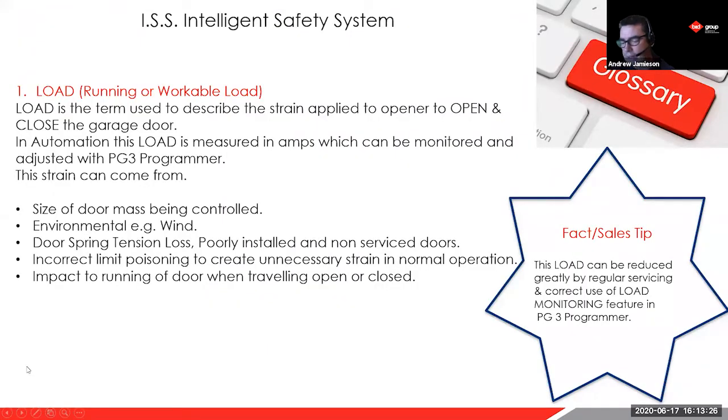The middle part of the pack pertains to a little bit of technical detail about how the intelligent safety system works. It's required to discuss key glossary terms that we're going to be talking about. And the first one is this word load. Load is purely the strain applied to the opener, wherever that strain is being applied to the open and close of the garage door. So load is measured in amps in our system, and is monitored and adjusted automatically,